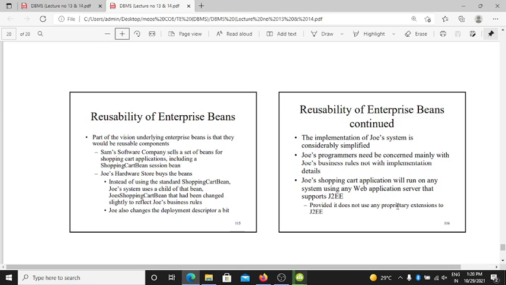Geo's hardware store buys the beans. Instead of using the standard shopping cart bean, Geo's uses a child of the bean. Geo's shopping cart bean is modified slightly to reflect Geo's business rules. Geo also changes the deployment descriptor a bit. The reusability of enterprise beans continues.